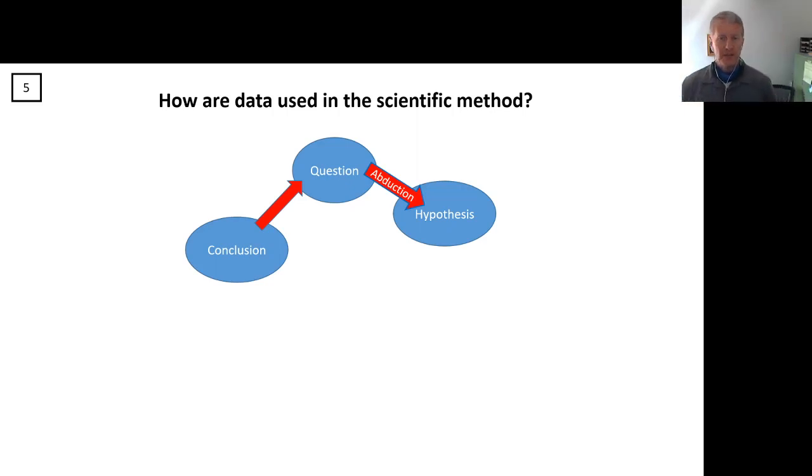So I think we need to put a little bit more detail into the scientific method to understand what it's actually like to practice science. And it helps understand the different kinds of reasoning that we use as we go through this process. So first of all, there's a name for the transition from a question to a hypothesis, a name for the type of reasoning that you do from that, and it's called abduction.